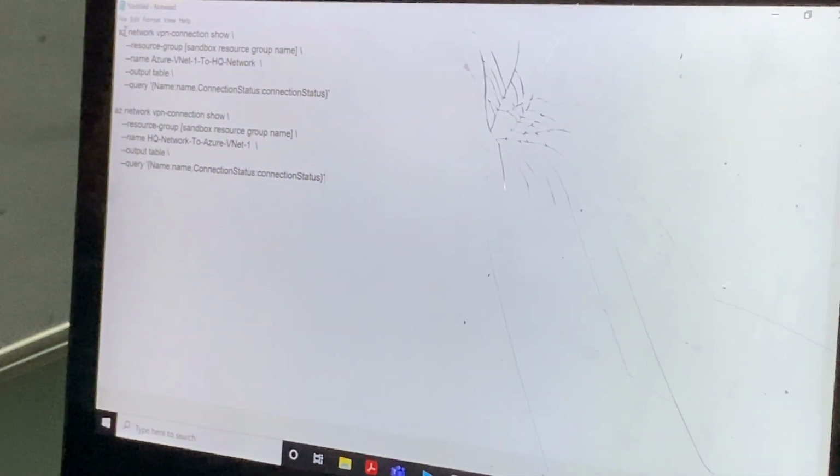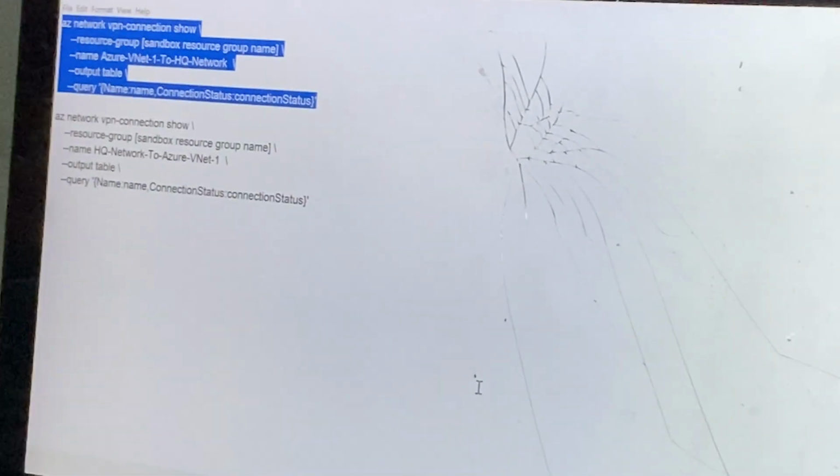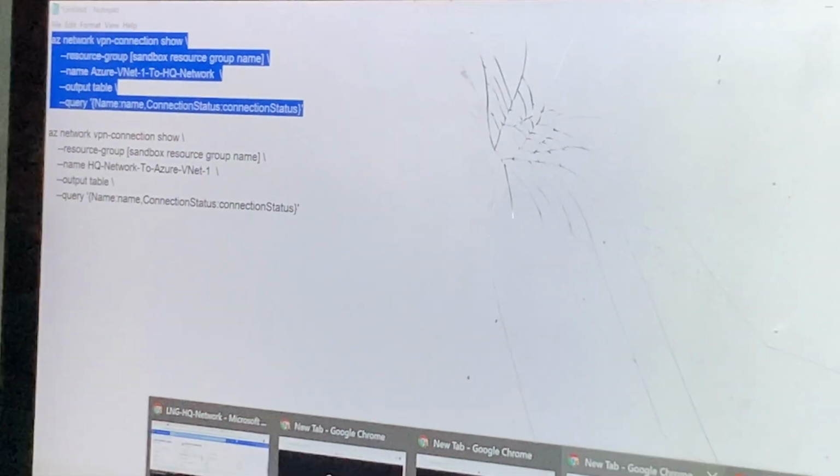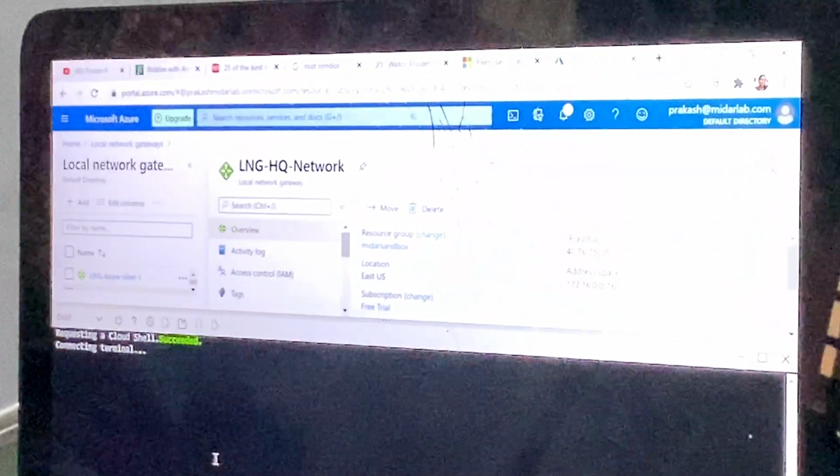We'll check whether they are connected or not. Basically I'm going to check whether Azure is connected to the on-premises environment.